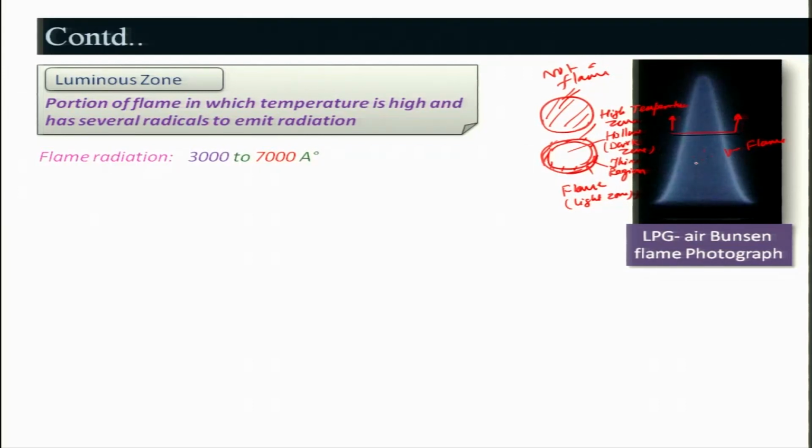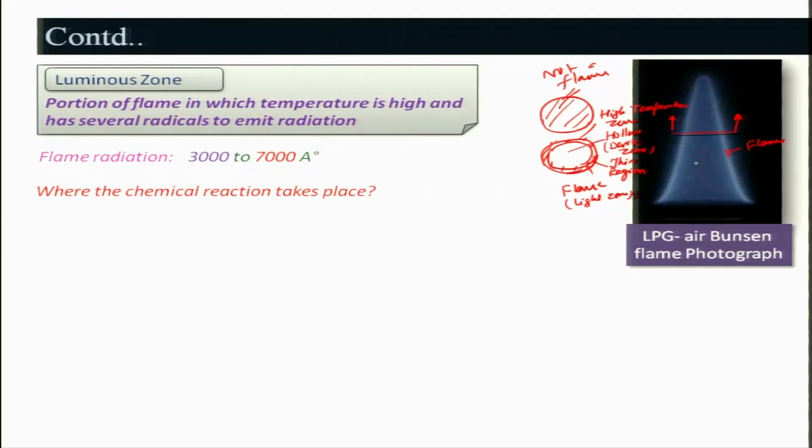There will be some color which is predominant in some zone, and that does not mean there will not be other colors, but those are masked by it. If you use a spectrometer, you will find various spectra corresponding to the particular radiation bands.